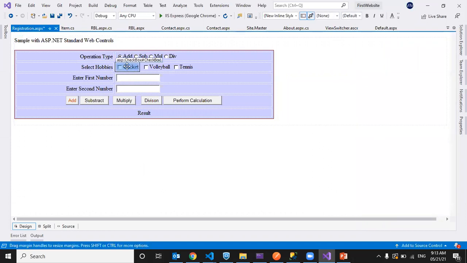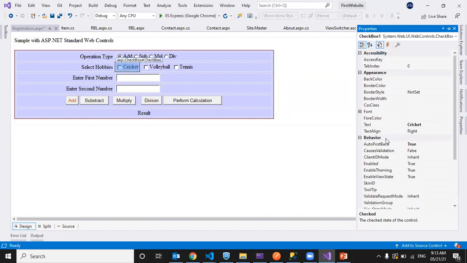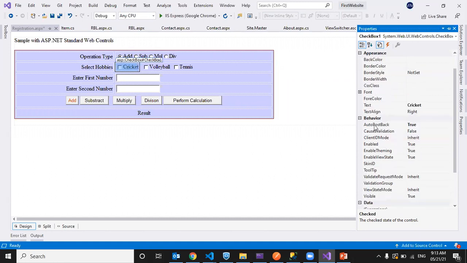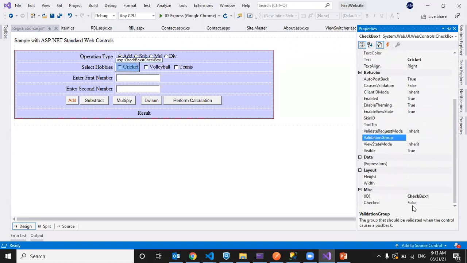Next, the checkbox properties are almost the same. AutoPostBack true, Text cricket, CausesValidation, Enabled, ToolTip, ValidationGroup. If you want to set a validation group, we can set it here. ID, and whether it is checked or not, false.